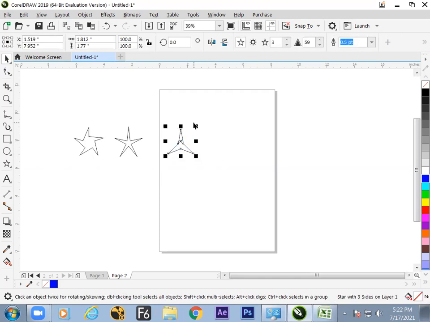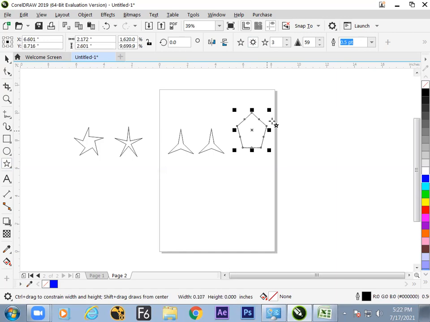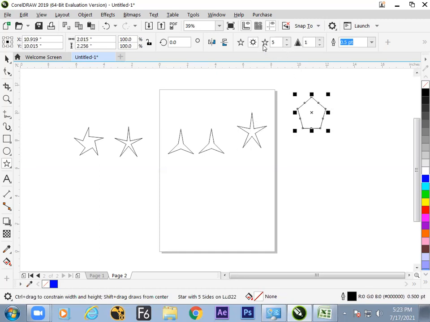Now the next point, in the same star tool, yes, we can switch. Two more options are there. One is star and complex star. So let us draw some complex star and get the number down. It is not working properly now. It should get crisscross. So let me take a new file.